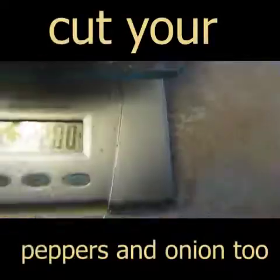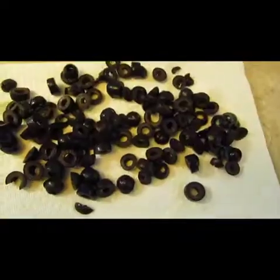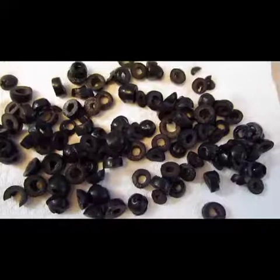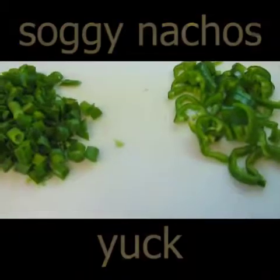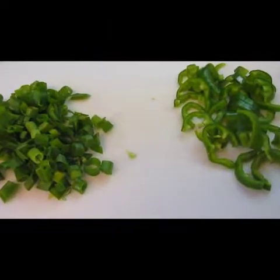Shred your cheese. I use 200 grams of cheese in total, 100 of each. You are also going to want to pat dry your olives. All of it needs to be dry, or else you're gonna end up with soggy nachos. When you wash your peppers and your green onion, make sure that they are completely dry before using them in